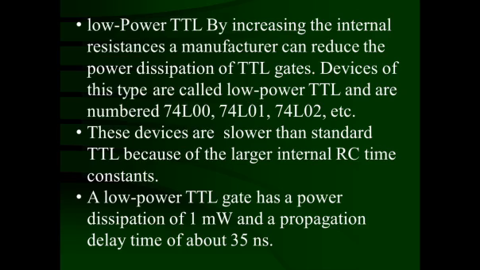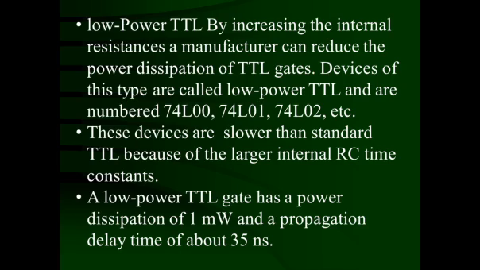So low power TTL was developed by increasing the internal resistances. Because the resistance increases, the RC time constant increases, so the propagation delay time is going to increase. That means the speed of operation is going to decrease. So that way the low power TTL was developed for battery powered systems or digital systems. By increasing the internal resistances, a manufacturer can reduce the power dissipation of